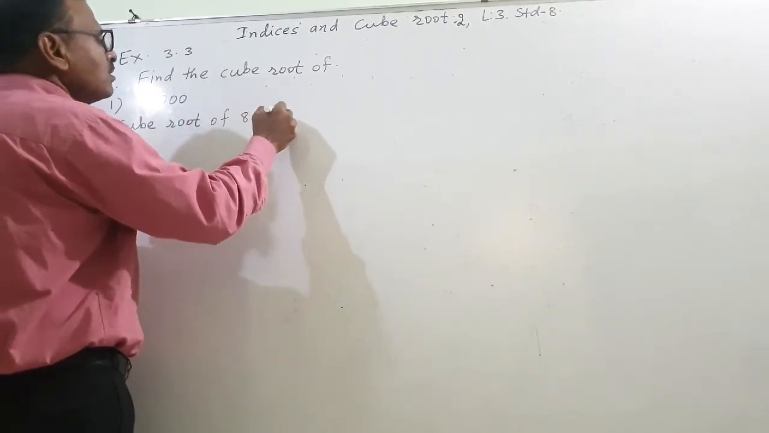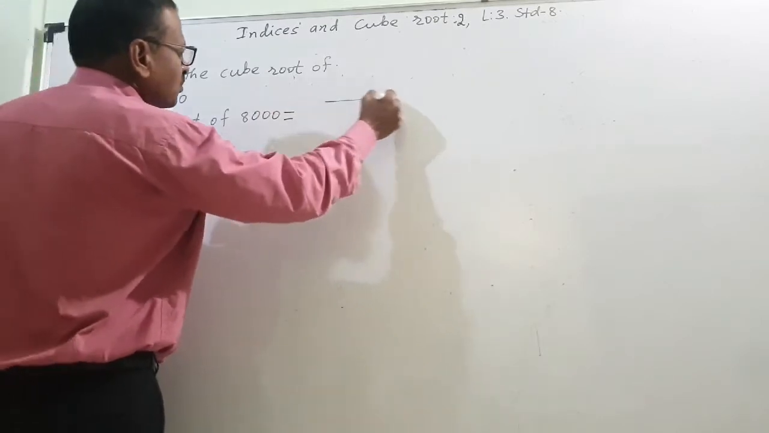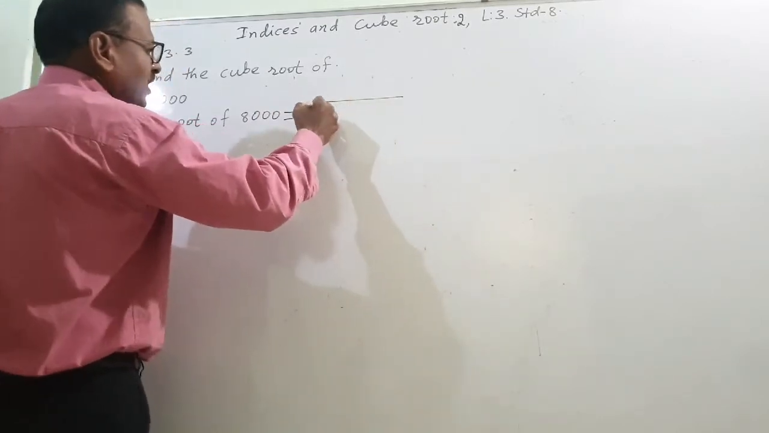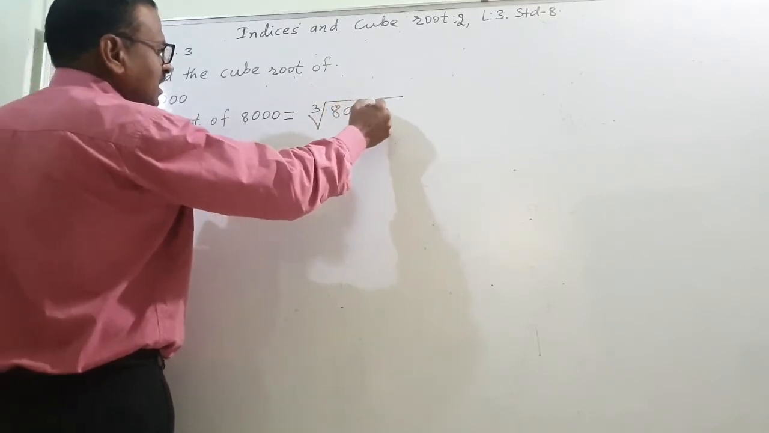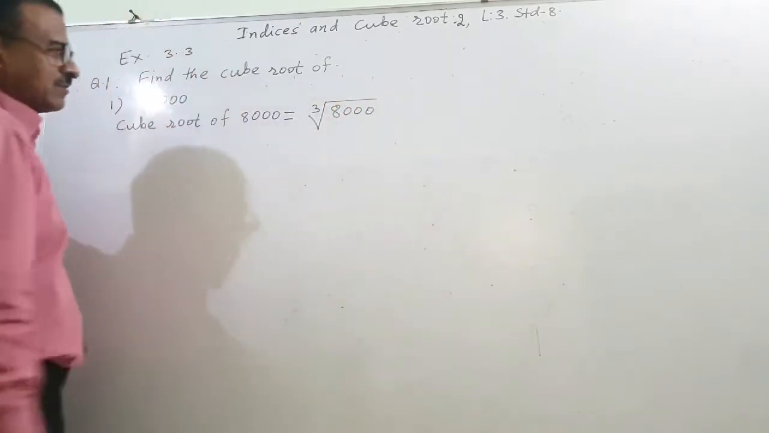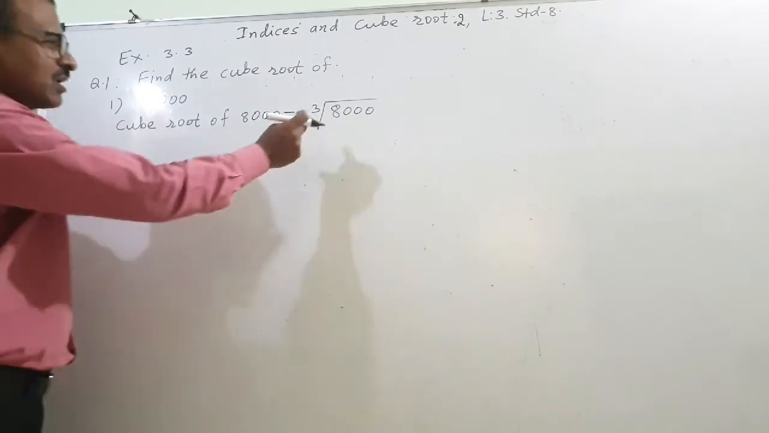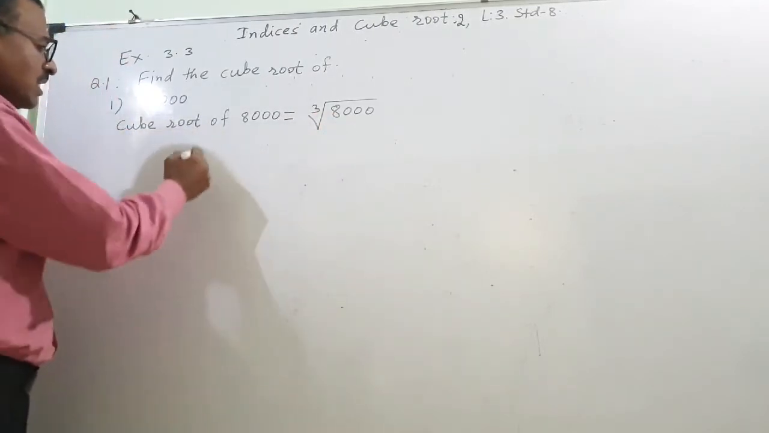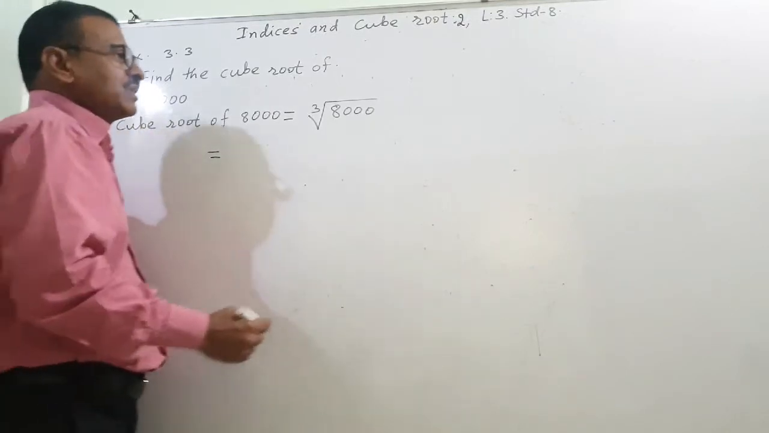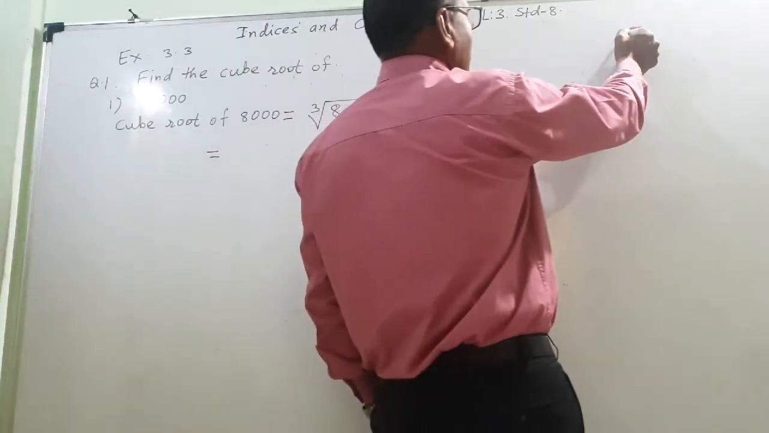8,000 is equal to, cube root means here it will come 3. And this 8,000 will come inside the radical sign. This is called the radical sign. This is called the radicand. So that is equal to, what we have to do is, I will write 8,000 here